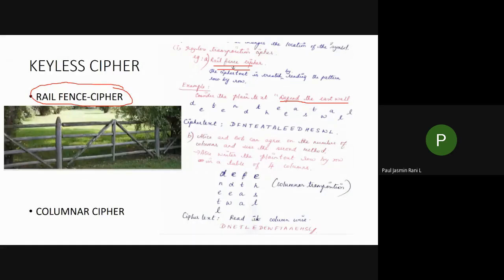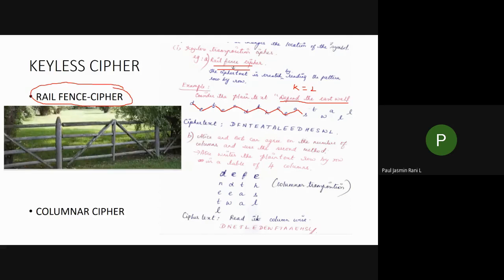Here what you have to follow is how they are arranging the alphabets. In the example let us consider you have two rows to arrange. Let us consider k value is equal to 2. By default you can take your k value as 2. If your k value is equal to 2, then you have to arrange it like this: D E. After filling this E, next you have to fill F, then E N D. In this way you have to fill. See here, zigzag method. It looks like a fencing. Therefore they call this a rail fence.